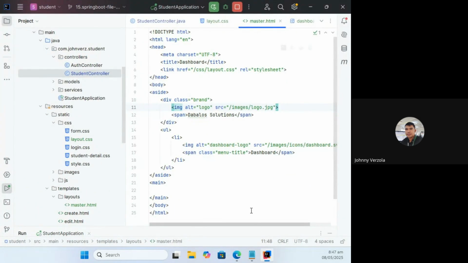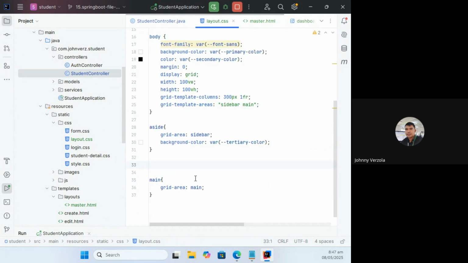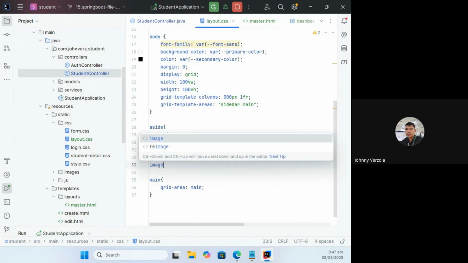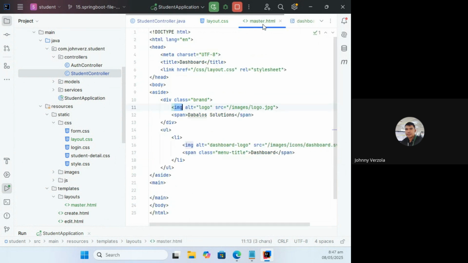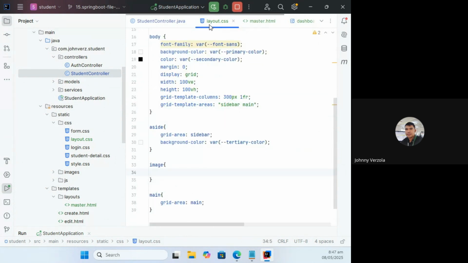Charles, what is the selector for this? Image like that? Mr. Lim, can you tell us the selector?